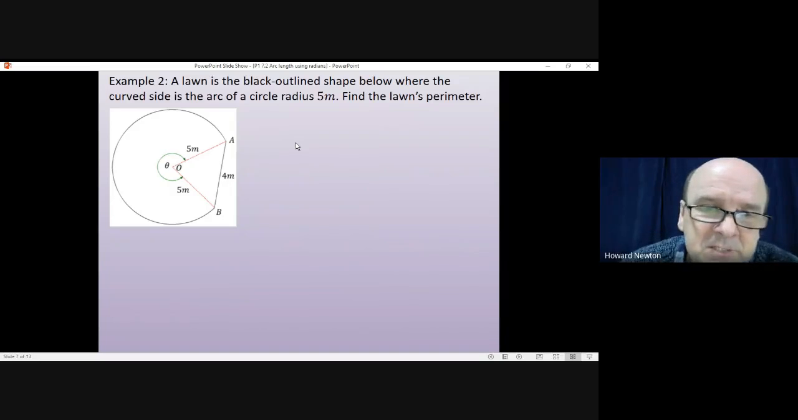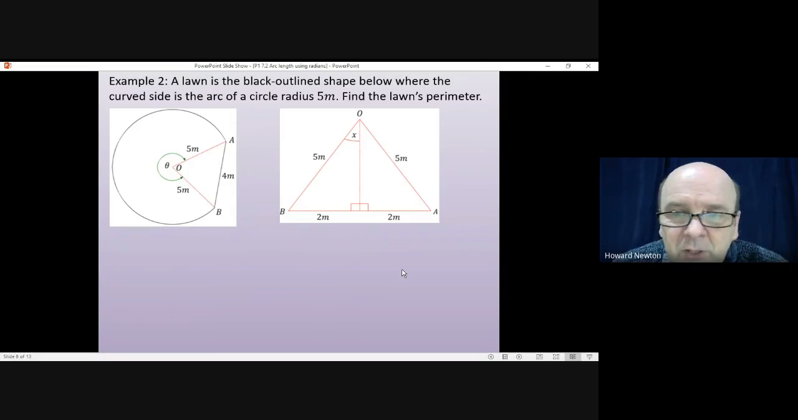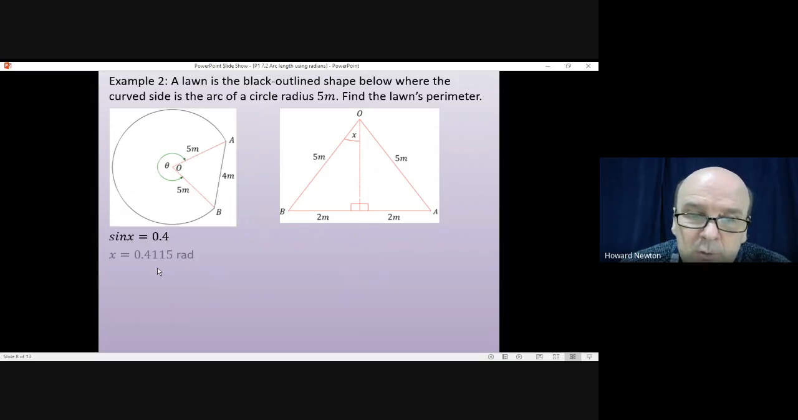Okay, let's have a look at this. The only problem in this question is working out the value of theta, and the easiest way to do that is by focusing on this triangle AOB. We know that this length is 5, this length is 2. It's an isosceles triangle, so if we draw a perpendicular down to AB, it will bisect AB. So this side will be 2, this side will be 2. Then we can find the little angle x here by using trigonometry. Opposite over hypotenuse will be 2 divided by 5, which is 0.4. So the sine of that angle will be 0.4, which means that x is equal to